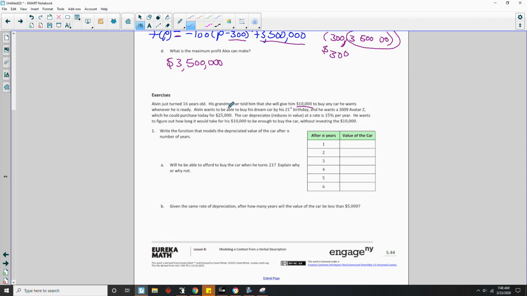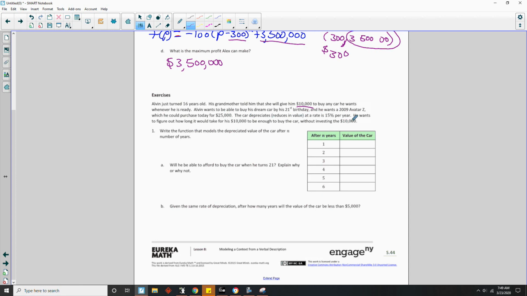Alvin wants to be able to buy his dream car by his 21st birthday. He wants a 2009 Avatar Z, whatever that is, which he could purchase today for 25 grand. The car depreciates, reduces in value at a rate of 15% per year. He wants to figure out how long it would take for his $10,000 to be enough to buy the car